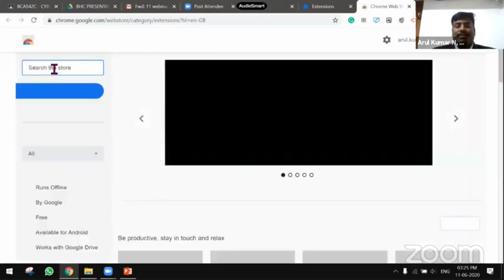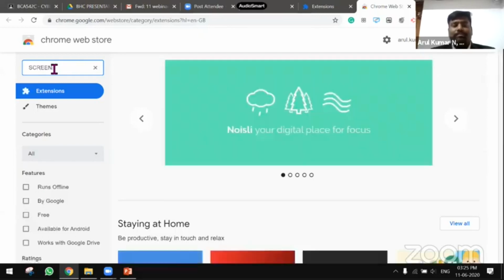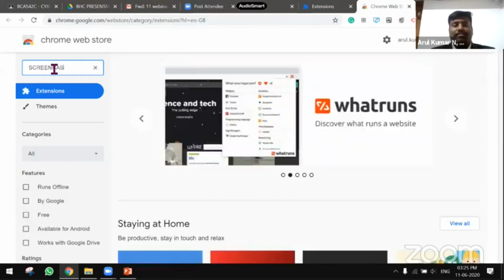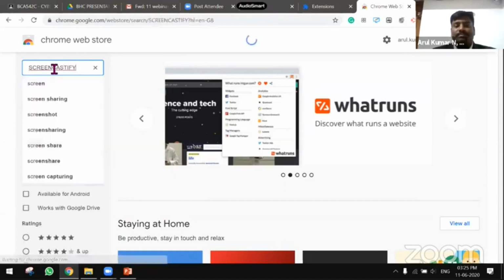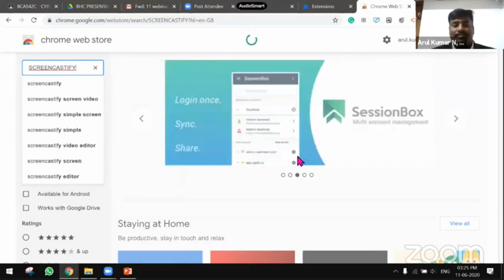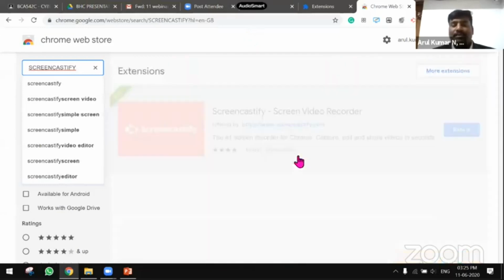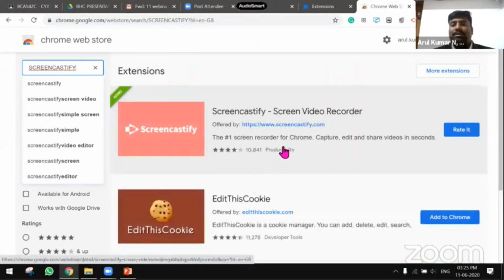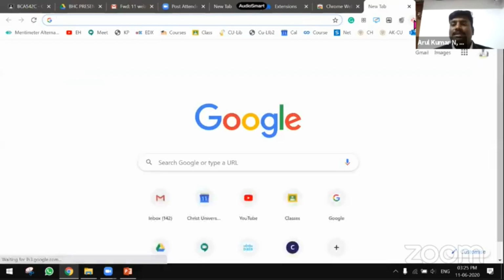I can simply type Screencastify. As you can see, this is the simple editor. I have already installed it, so I am going to open this directly.